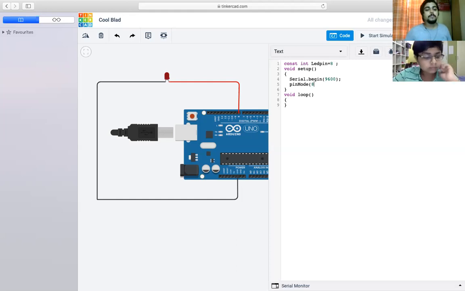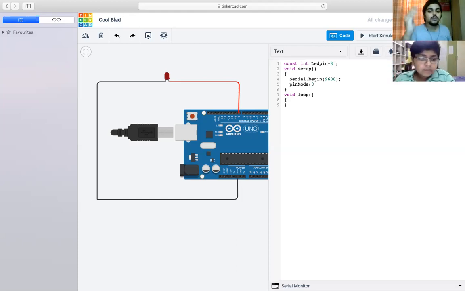Now we put a comma and then we write the nature of the pin. Is it an input pin or an output pin? It is an output pin, because the LED is not getting any information, it's just showing us something, giving us some result.